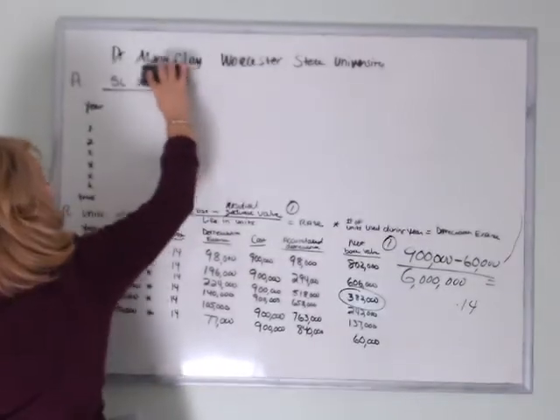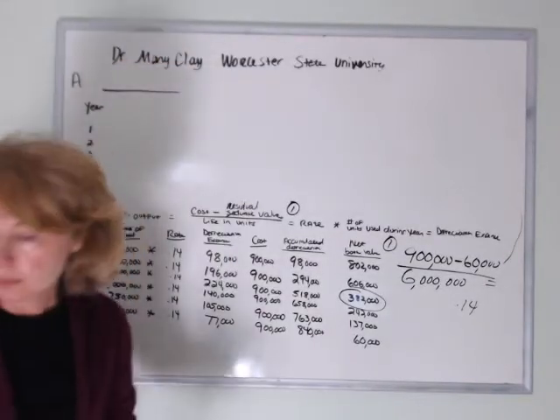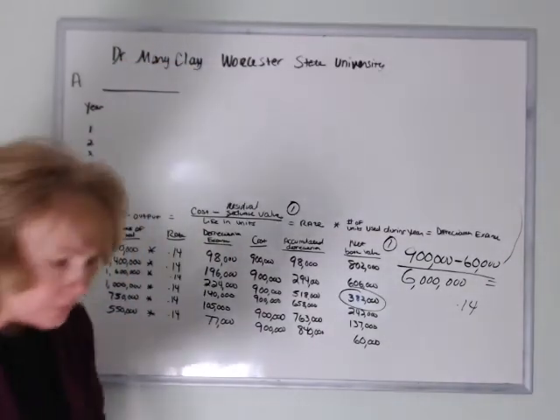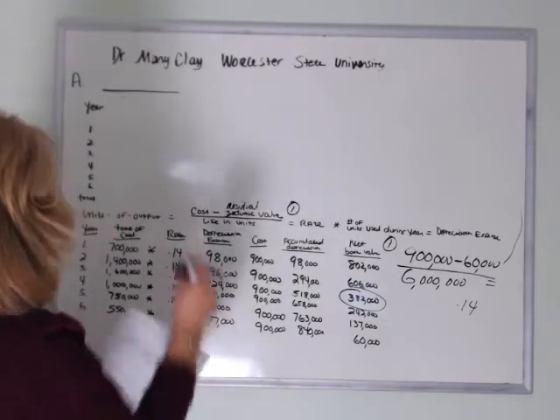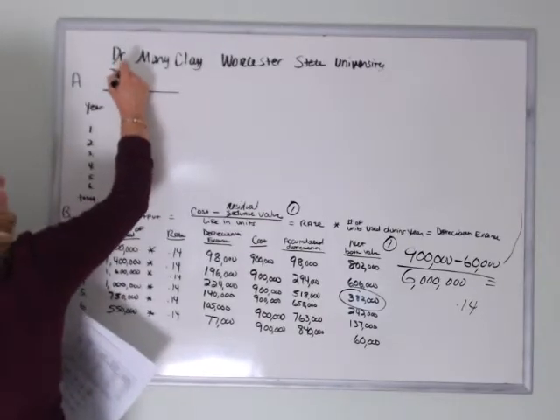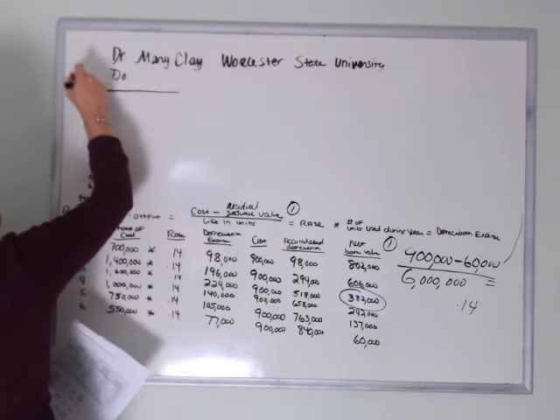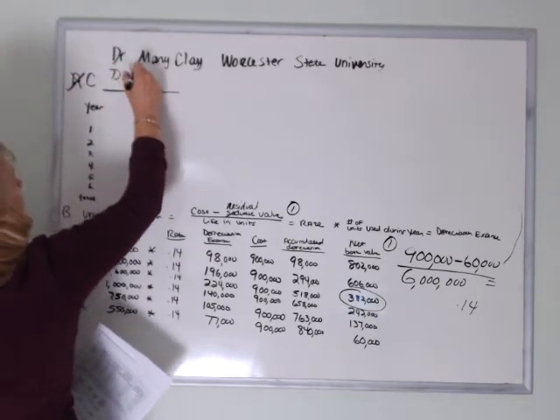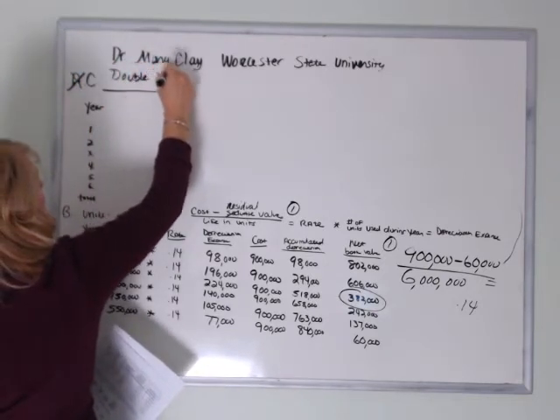This is not straight line anymore. I'm changing it. This is going to be double, and this is C now. This is C. This is going to be double declining